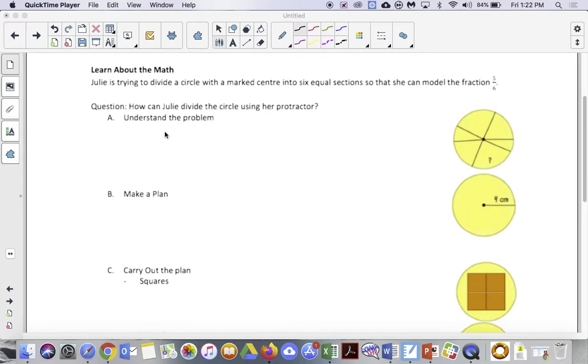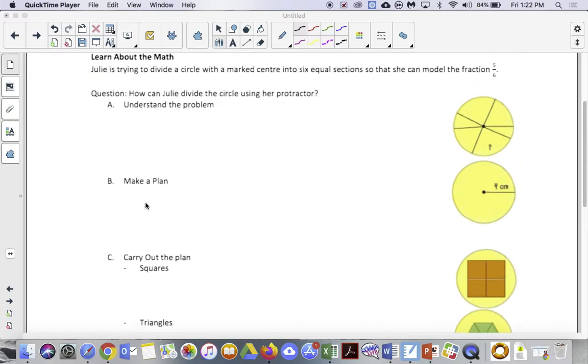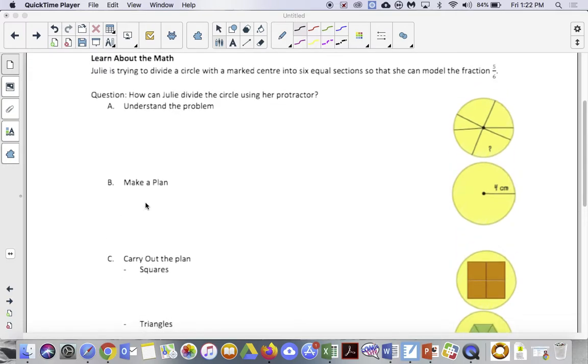1, we must understand the problem. First, identify exactly what you need to solve. 2, make a plan. How am I going to solve this? 3, carry out that plan and get your answer. And step 4 is look back at your answers and make sure that they are conclusive to what it is